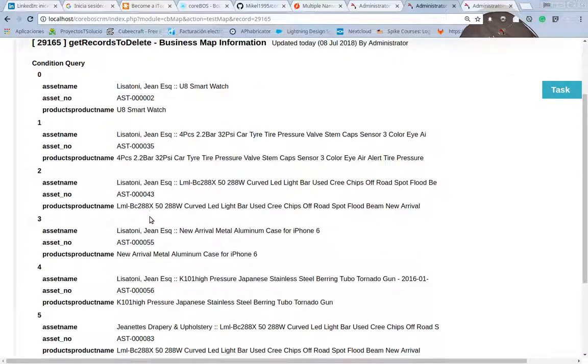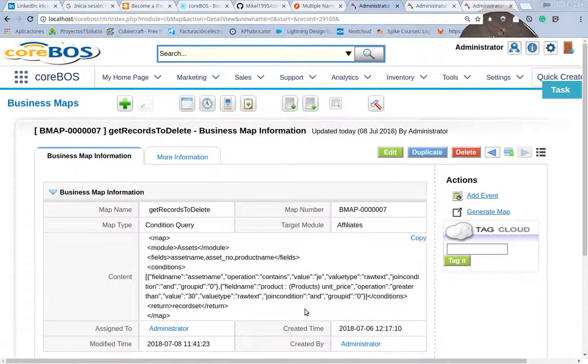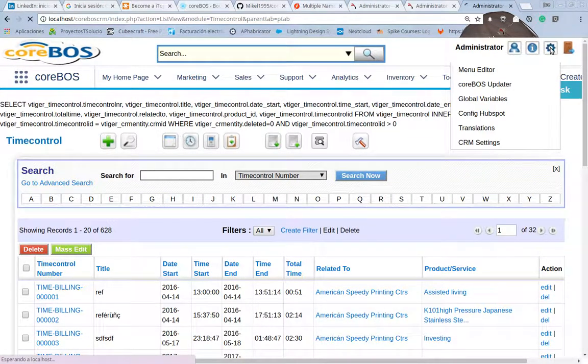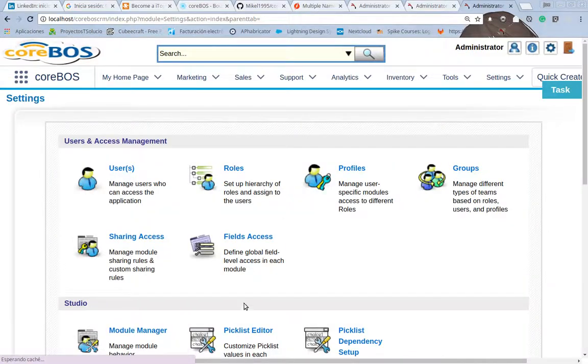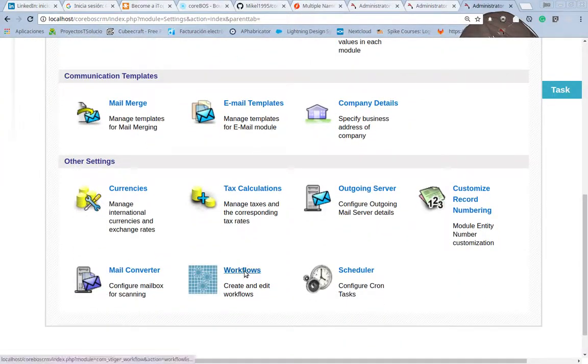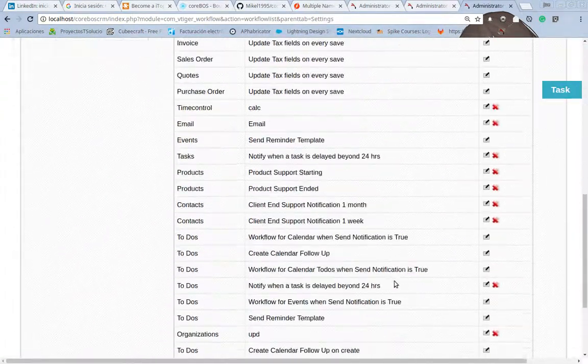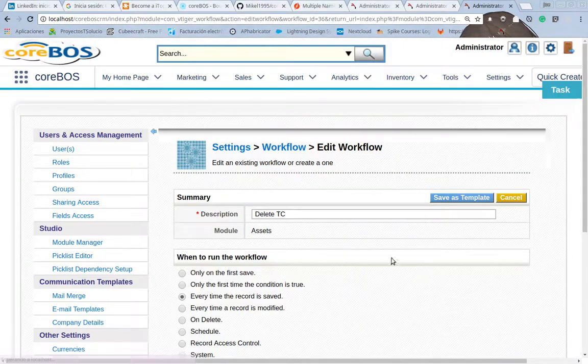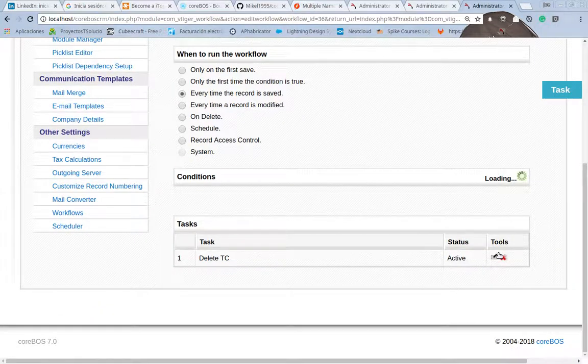So as you can see, the idea is that I have a very, very powerful way of defining the records that I want to delete. All of a sudden I have all of the power of the business map. So instead of enhancing the workflow system and creating the conditions in there, which is a lot of programming, takes a lot of time, and would be kind of difficult to get right,